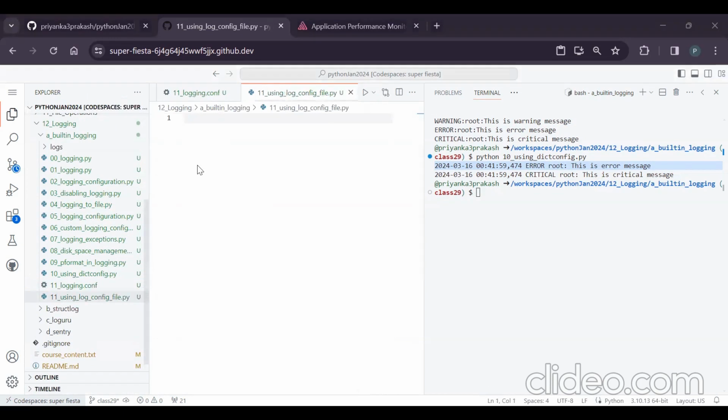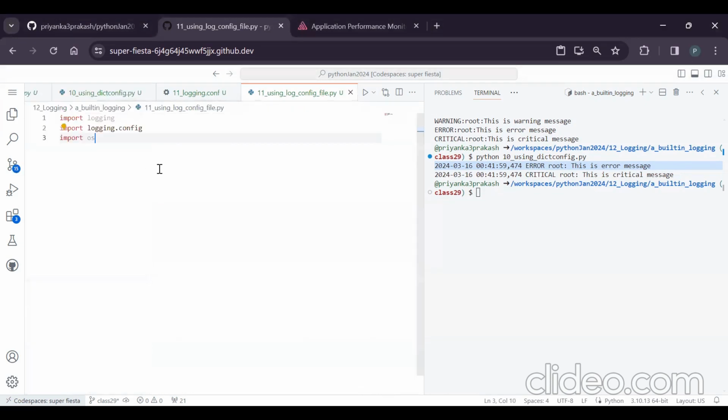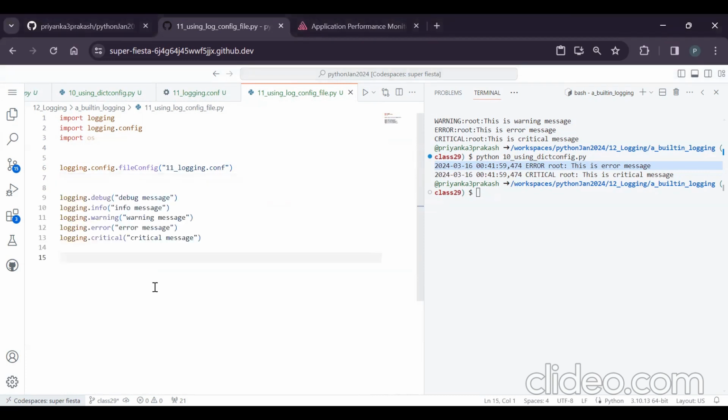Now in this file I want to use that. So I want to get the configuration file which is in the current directory of this particular file. I can just tell it, hey, go and get it in the current directory. So I can specifically tell it to go into the current file path and get logging.conf. If I do fileConfig with this config file and give it this particular path,